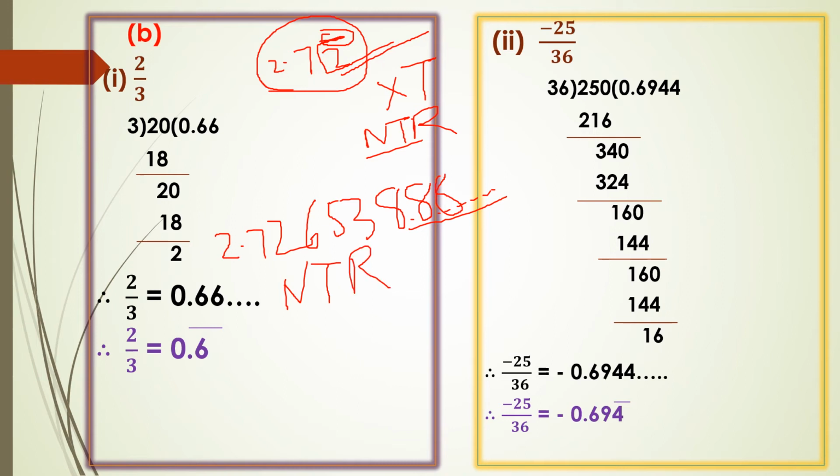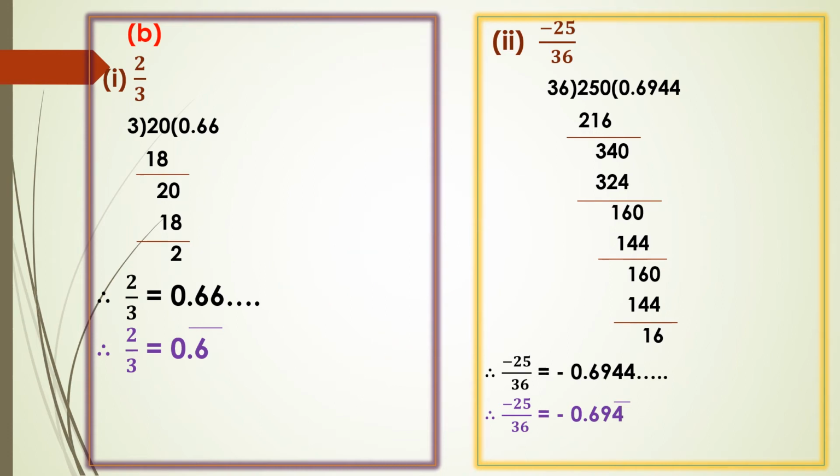If I give like this, suppose you got 3 eights and then a 7, 1 eight and 7, 6, like this, and so on, then it is non-terminating. It is not repeating, so I should write non-repeating. Clear? So when there is a bar, the same digit is repeating, so it is a non-terminating repeating decimal. Clear, children? So let us go for the next problem.